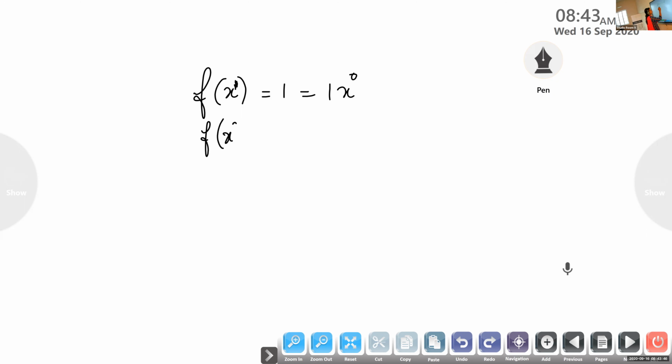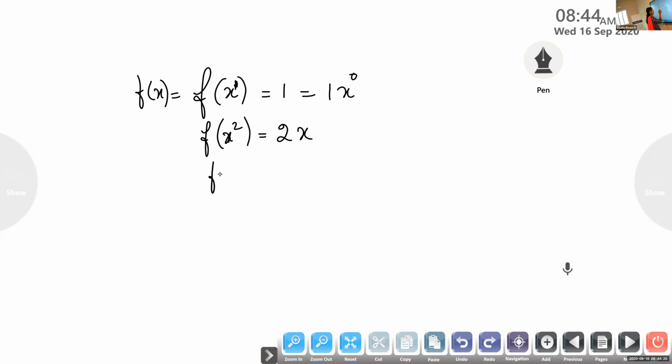What is the derivative of x square? The derivative of x raised to 1 is 1 x raised to 0. What is the derivative of x square? We are getting this as 2x, isn't it? We are putting the power in the front and reducing the power by 1. Is it correct? X square, what is the exponent here? Power 2. We write the power in the front and the power becomes 2 minus 1.